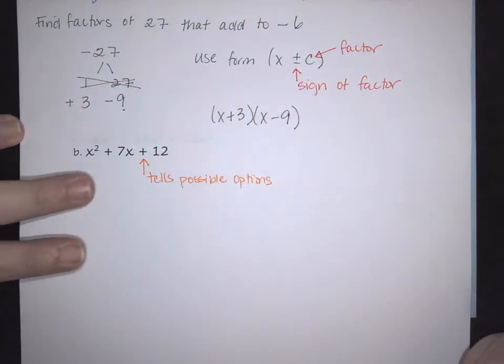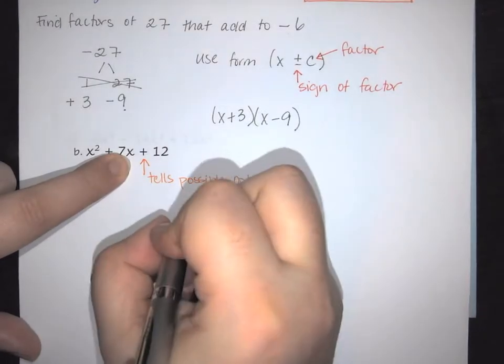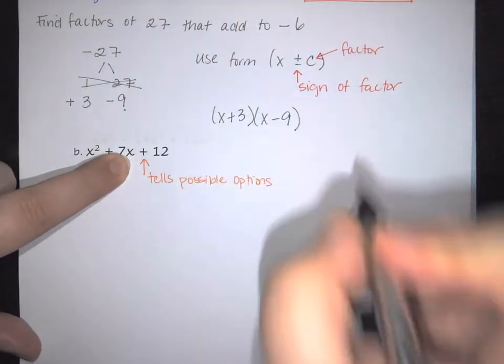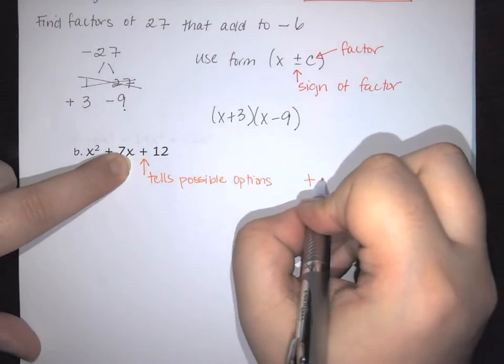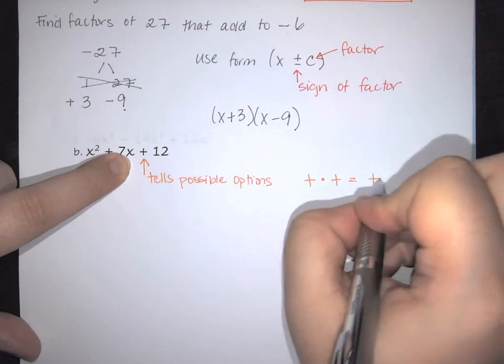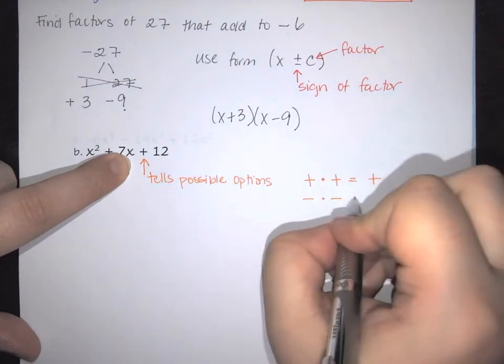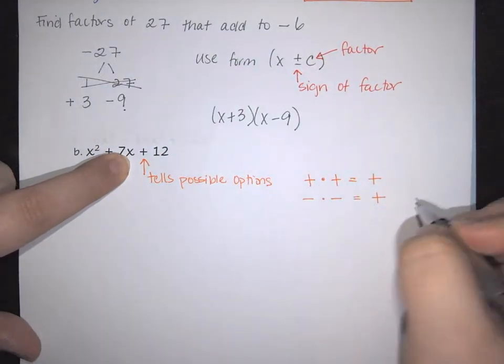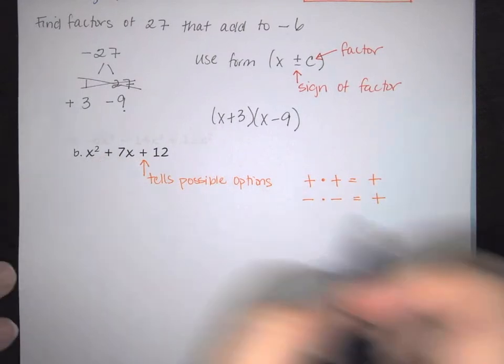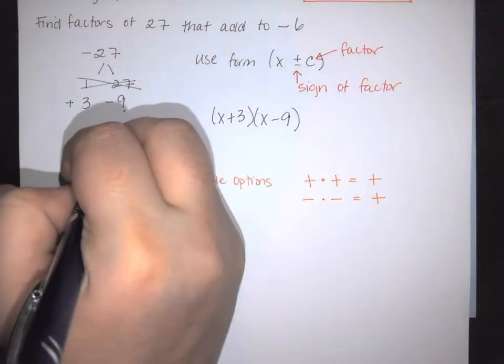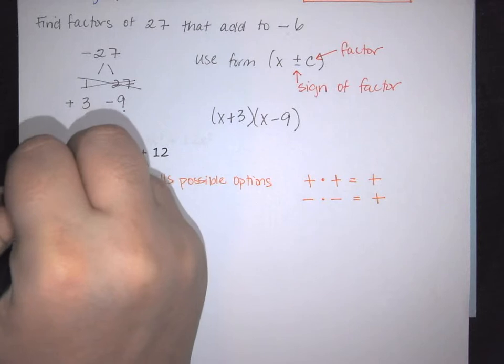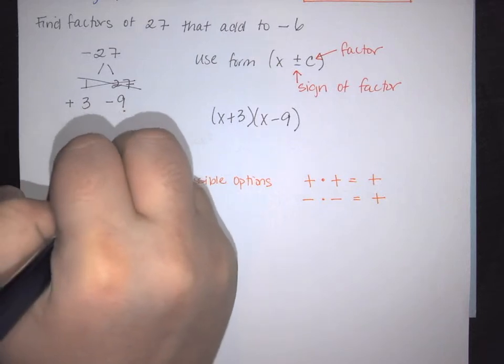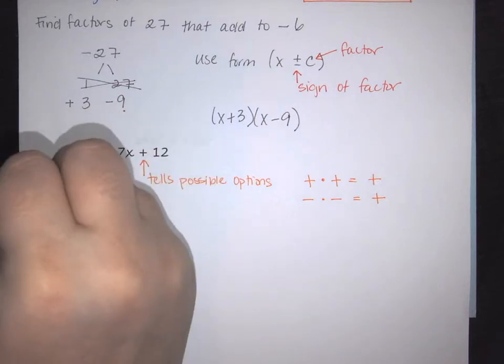And so here I have positive, so my possible options are positive times positive gives me positive, or negative times negative gives me positive. And then this term right here tells which option